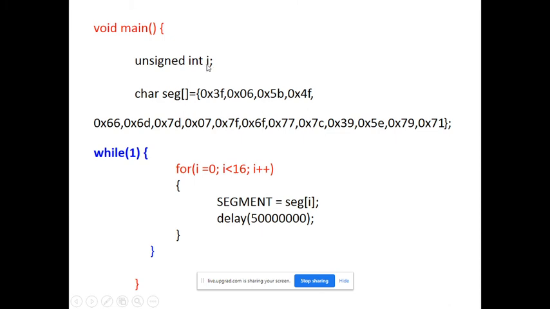In the main program we are using one variable, that is i, and this i variable's type is unsigned integer. Okay, then next we are creating the lookup table. Whatever hex codes you have calculated, you are putting into the lookup table. Okay, the first number is 0, its code is 3F. Then the second number is 1, that is 06. The next number is 2, its code is 5B. 3, 4F. In this fashion you have calculated all the numbers from 0 to F, and you are putting them into the array whose name is segment.